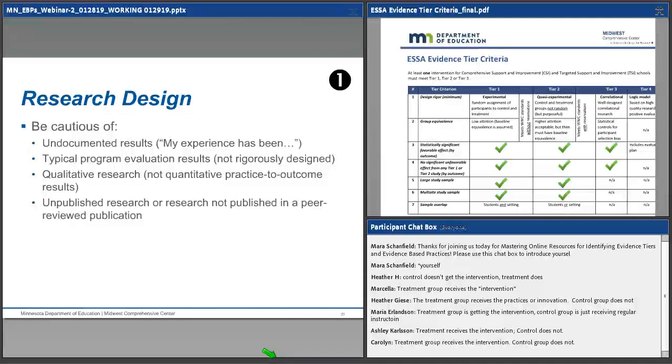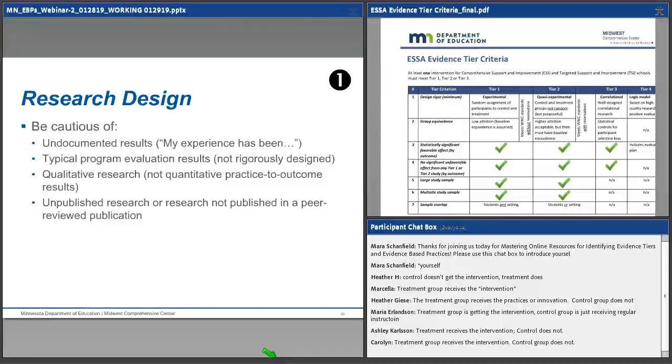You can't use typical program evaluation results, which are often not rigorously designed. Why? Because state staff don't have time to sit around designing extremely rigorous studies. It's actually very difficult to do,